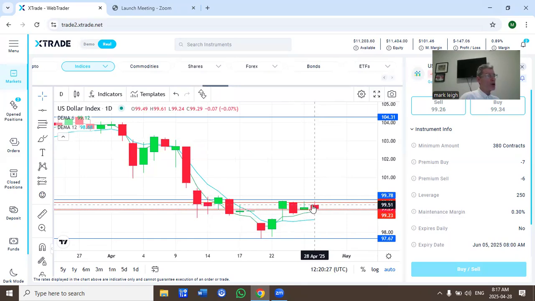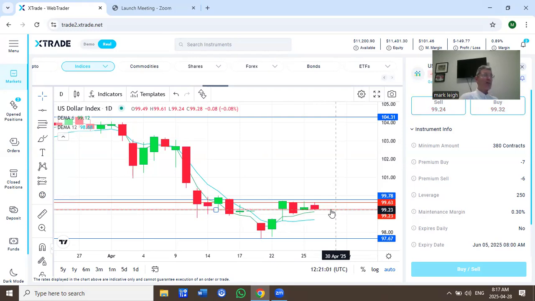Gapped open to start the week. You can see that, but it's pretty much coming down to where it closed last week. And you can see been flat for the last 4 days. Today's resistance 99.64. Today's support 99.27. Buyers will be looking to break above this 99.60. We'll be looking for the 100 mark. Sellers will be looking to break below this support here at